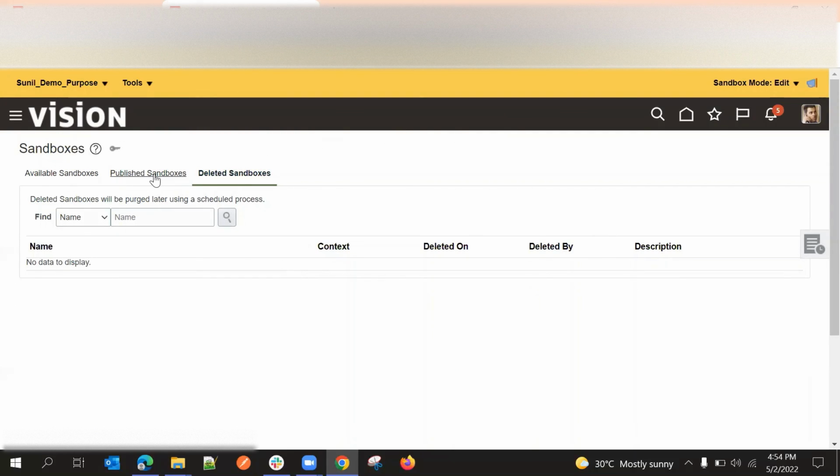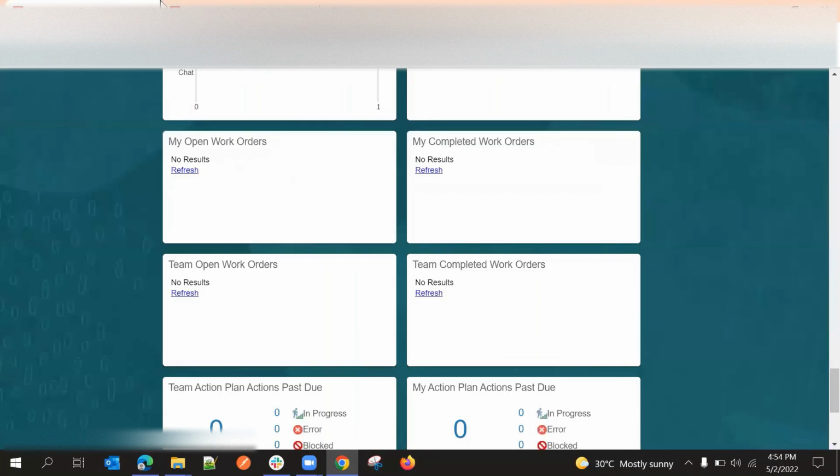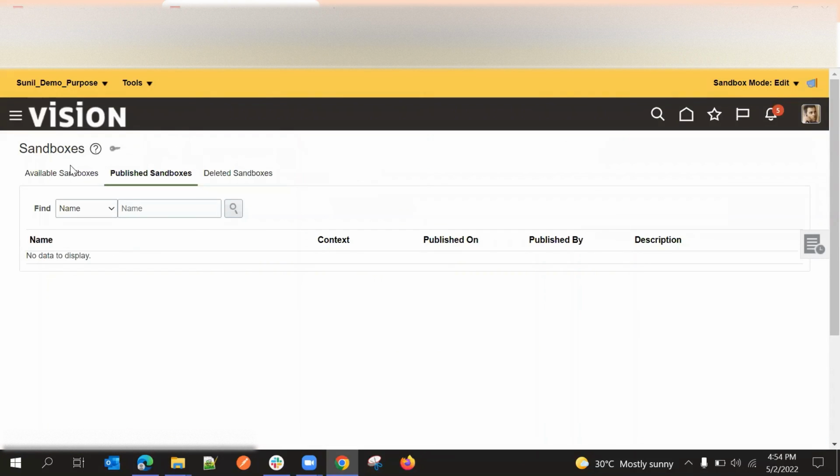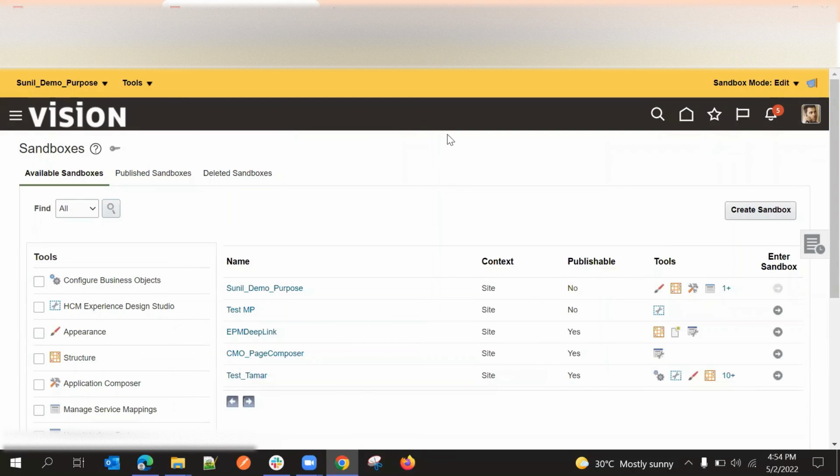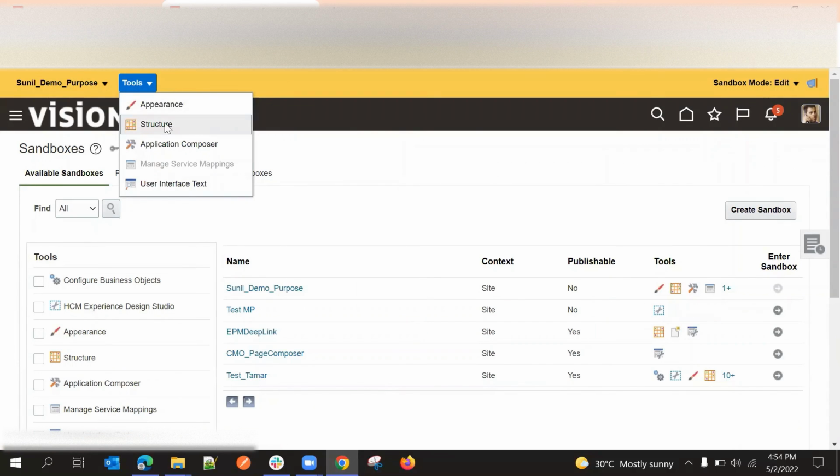Okay. And for practice purposes, last week you did creation of a user, right? Now you can do the same thing: how to hide or how to enable or disable icons, how to change the theme, how to upload a new logo, then